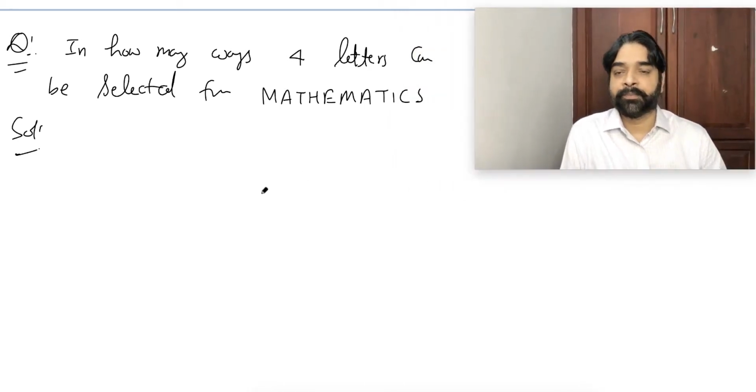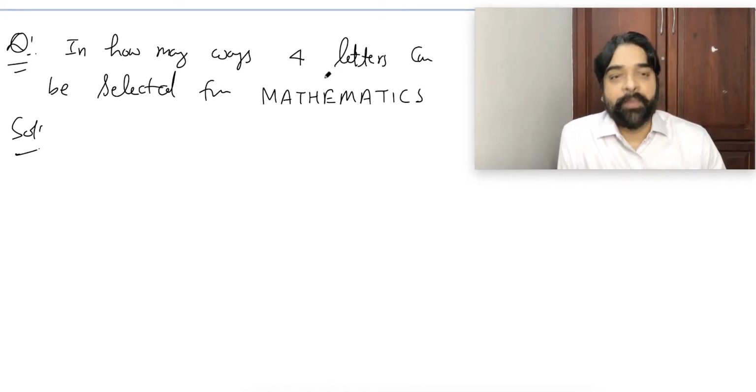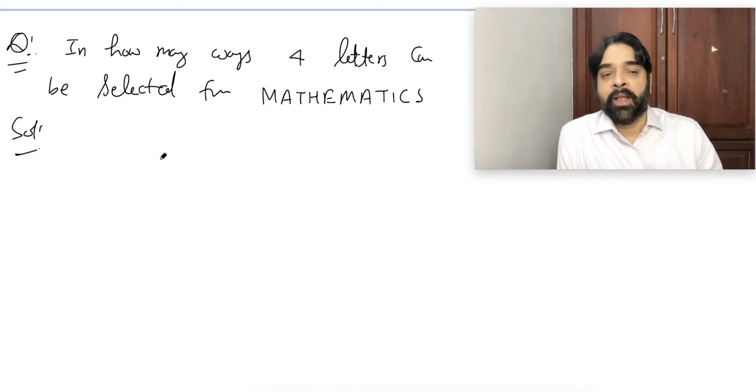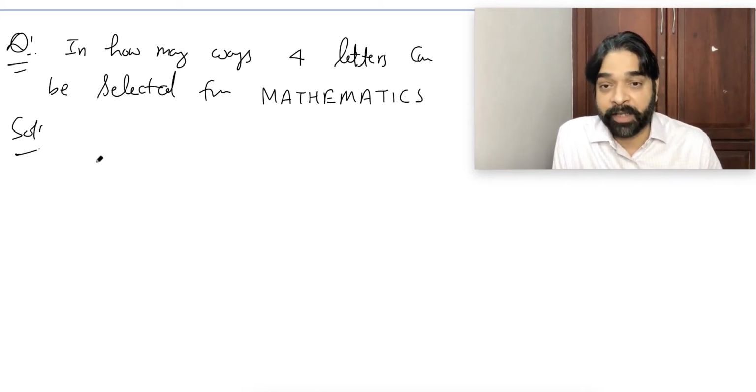Look here. Four letters we have to select. Of course, it's not necessary that we go by the coefficient method only, but we are practicing the coefficient method. We can do it without the coefficient also. We can make the cases: all four different, two identical. Remember, all of you. That case also we can do. But right now we are doing this one and trying to do it by that.